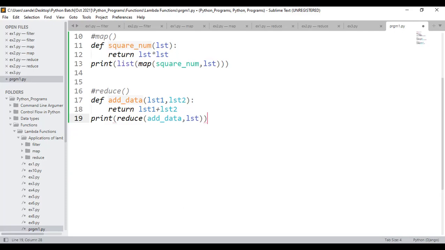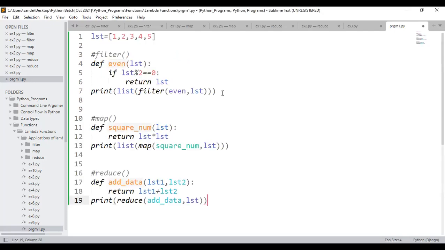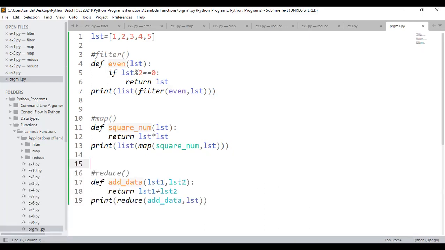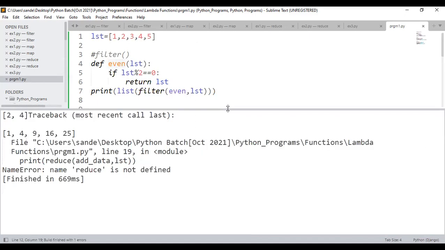Now observe properly. If I save, if I execute, sir, will I be getting the same output, sir? That means even data, squared data, added data, 100% will be getting the same output. You only observe. If I execute, how many of them are able to understand? I think, okay, I got it. Why I'm not getting the output? At least see the answer and tell me the output. 100% I should have got the output.